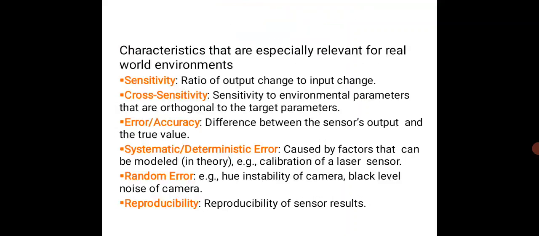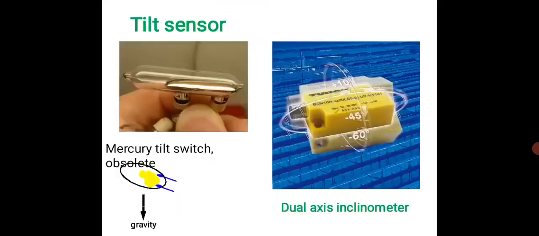And these characteristics are specifically relevant for real world environments: sensitivity, cross sensitivity, accuracy, systematic or deterministic error, random error, reproducibility. So we have the various definitions I've listed over here. What do you mean by sensitivity? What is cross sensitivity? What is accuracy? And other factors. And these are some of the pictures where you can see the different types of sensors, which